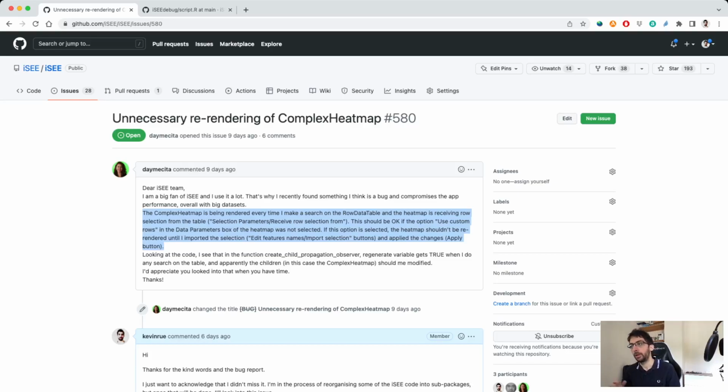So again, if you're not using custom rows, then it means that you are using whatever selection is coming in, and it makes sense that the heat map reacts. If the option is selected, the heat map should not be re-rendered until you import the selection. So if you're using custom rows, even if something changes in the upstream panel, the heat map should not react to it because it's using custom rows. So basically, that's another reason why the heat map panel is a little bit complex,